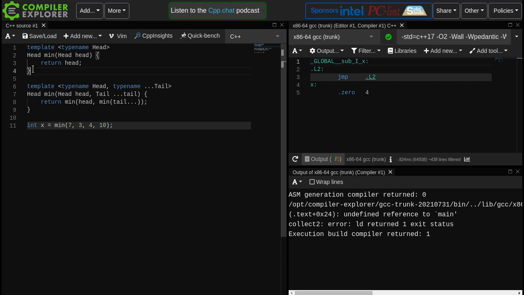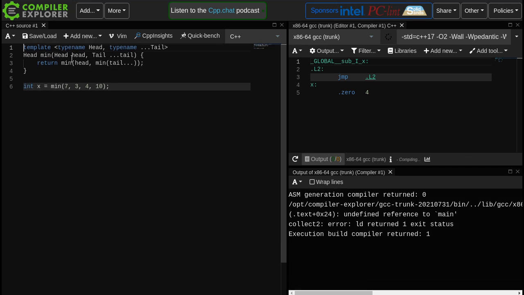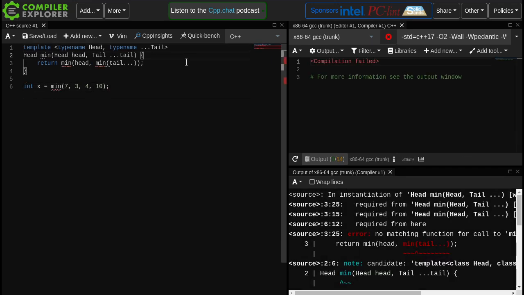Now using modern C++ tools, this can get a lot better looking. Well, we can still define this recursively, but we can actually do this in a single function, right? So since C++17, there is the constexpr if statement. And what this can do basically is make a decision at compile time. So if we do if constexpr,